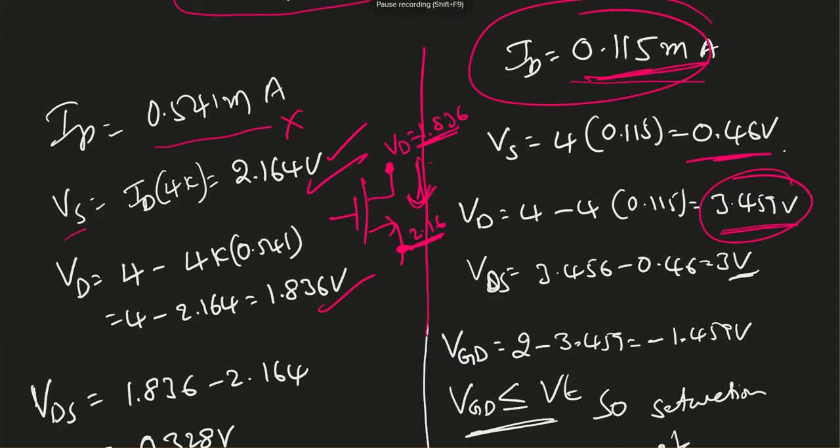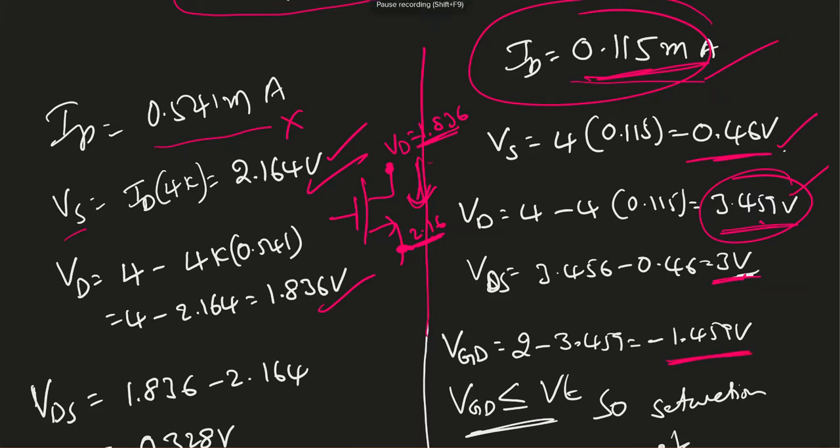Since it is a quadratic equation, we end up with two currents, right? So I'm taking the second current, substituted, found Vs, found Vd, and VDS ends up as 3 volts. See, the drain has higher potential and the source has lower potential, so this is true. The current can flow from drain to the source, and we end up with VGD equal to